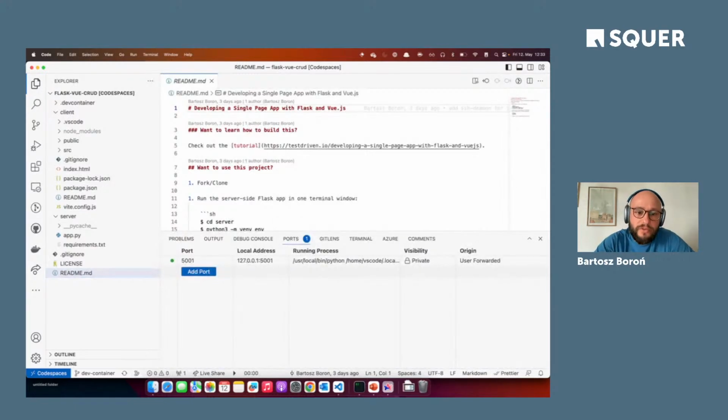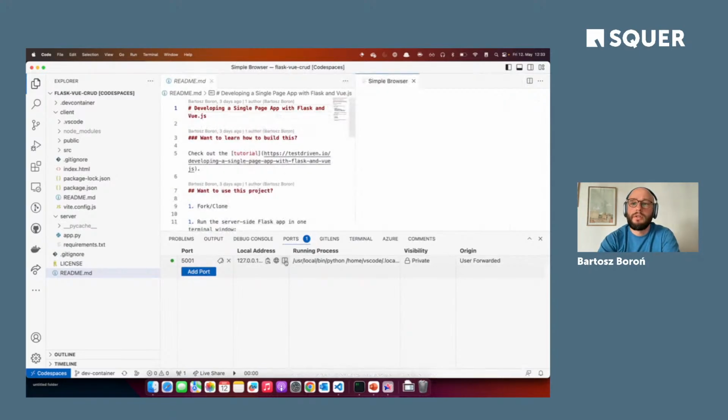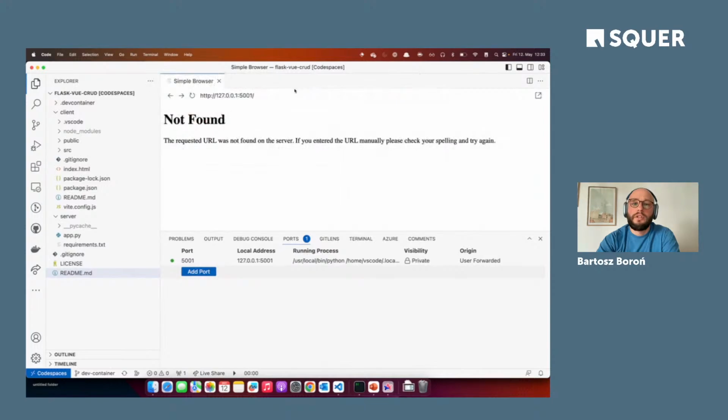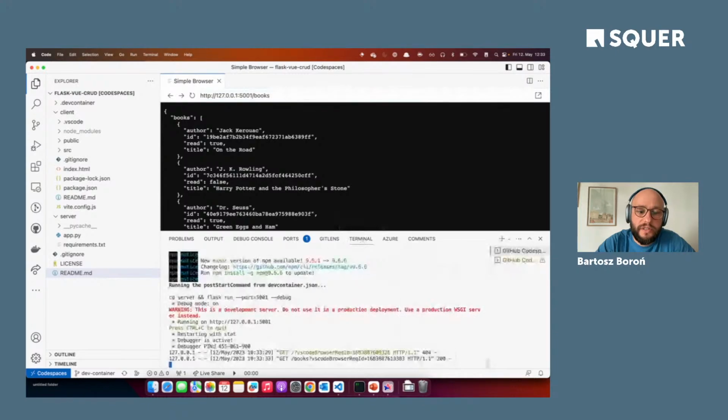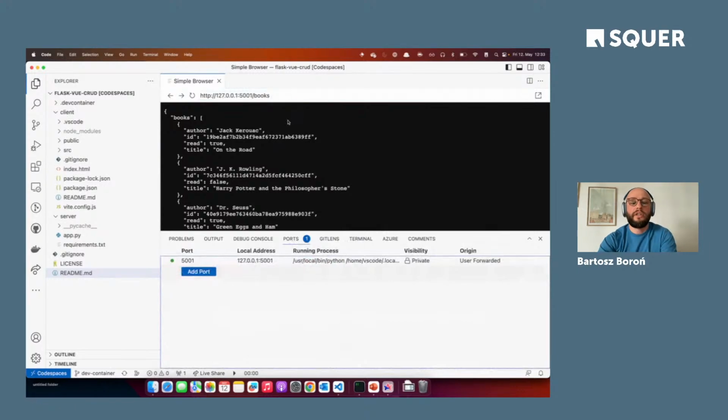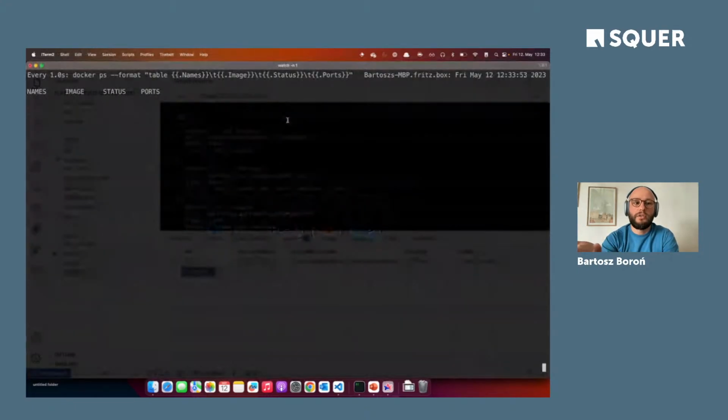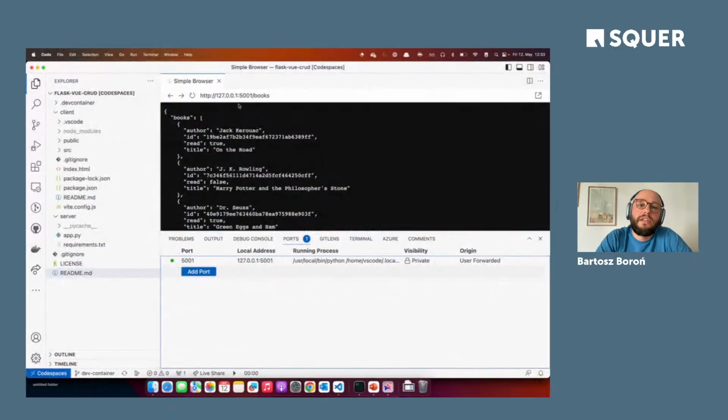It should be automatically forwarded. So let's have a look if we can connect to it. That looks good. And I open the books. Yeah. So as you can see, the process is already running. It somehow missed to initialize the port for me. So I did it manually, but it's just a port forward that I added. The whole process is actually running already. And you can see, even though I'm actually in the cloud, so still no container running locally, I still can